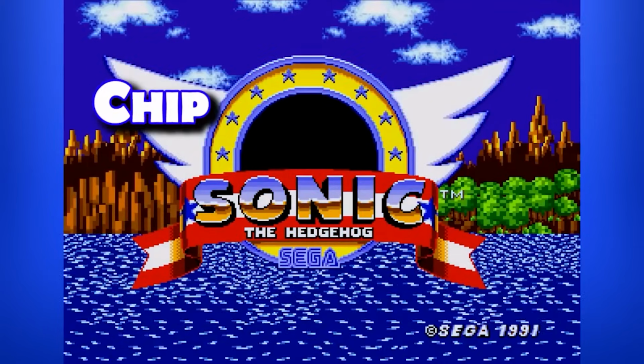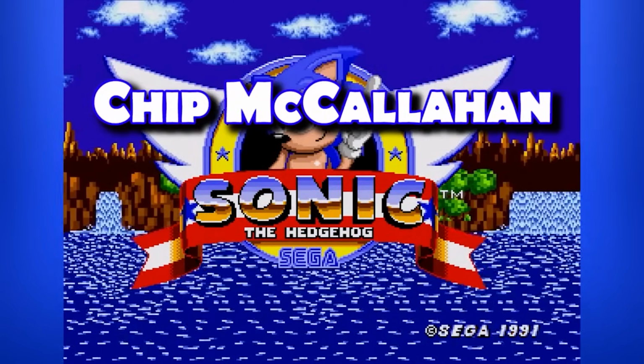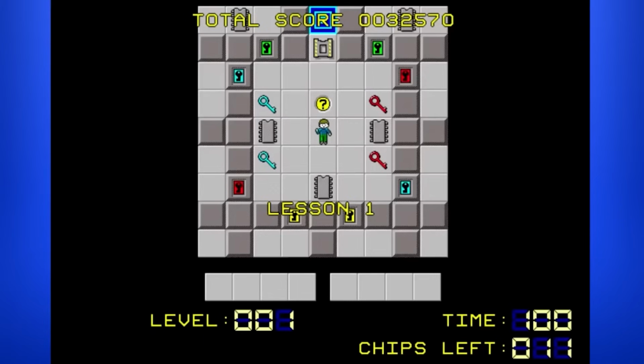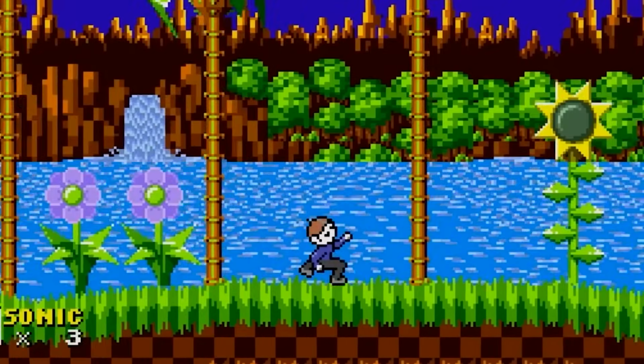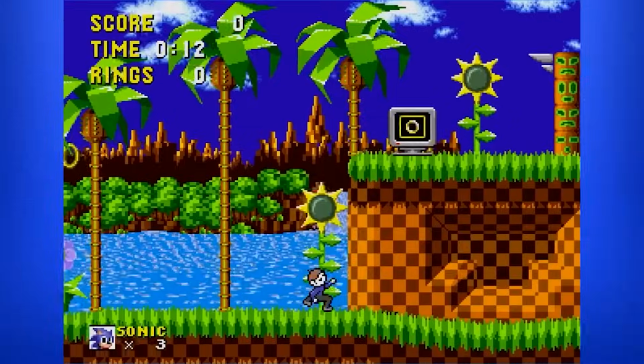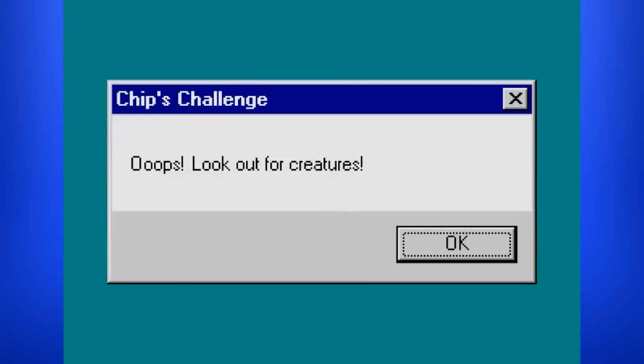This next one is Chip McCallahan in Sonic the Hedgehog. And by Chip McCallahan, I mean the guy from the classic computer game Chip's Challenge. Oh boy, yep, okay, that's Chip alright. What is my life? Alright, Motobug, you're going to...